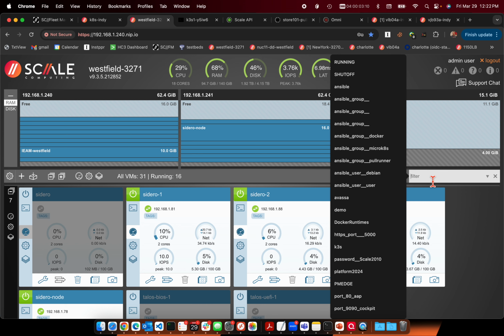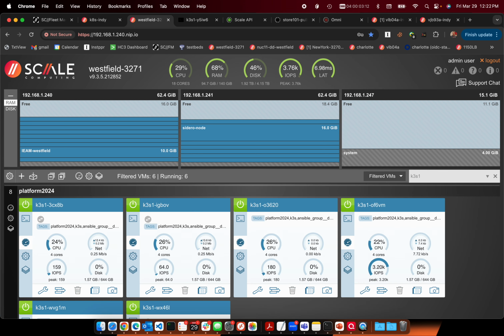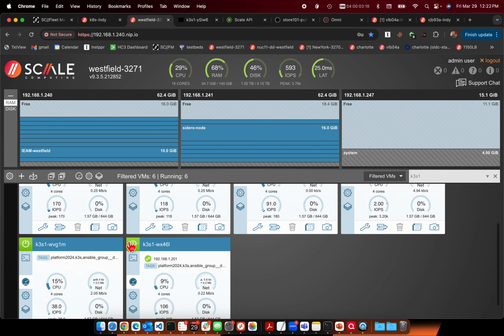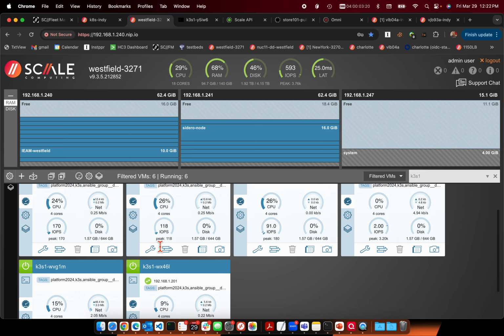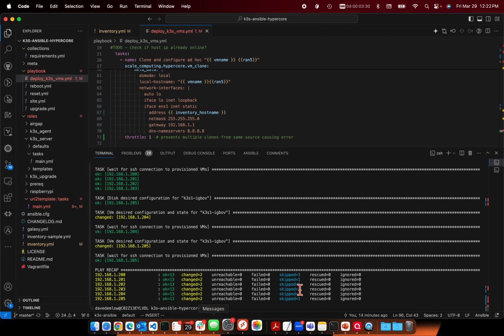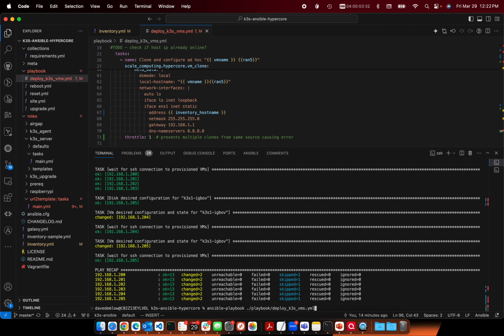Let's take a look back and filter in K3S1. So these are the VMs, and not all of them have shown the guest agent address yet, but apparently they were up enough to be able to respond to SSH at the time. So at this point, the second part of the playbook actually SSHs directly in. Part of the provisioning was I gave it the appropriate SSH keys so that I can do this next step. We're going to run, instead of the deploy K3S playbook, the right playbook,